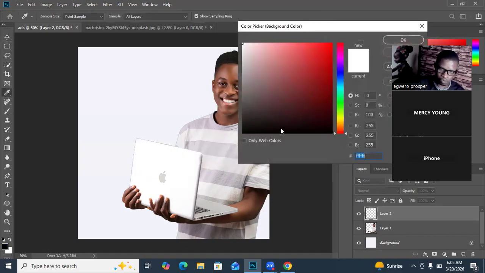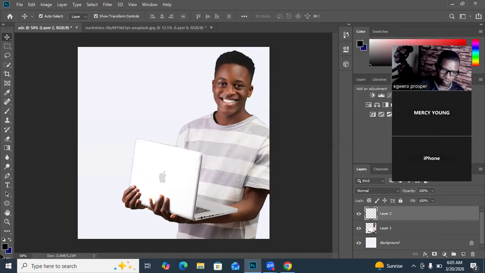Now, you can see that the color I want to use is at the back. The one you want to use, you have to make sure it comes to the front. So how do you switch it? You see this icon here. You click on it. You can see the way I'm switching the color, which means that I have given priority to the blue. Now, remember, you make a layer, you choose your color, position it in front, and the last thing you are going to do is